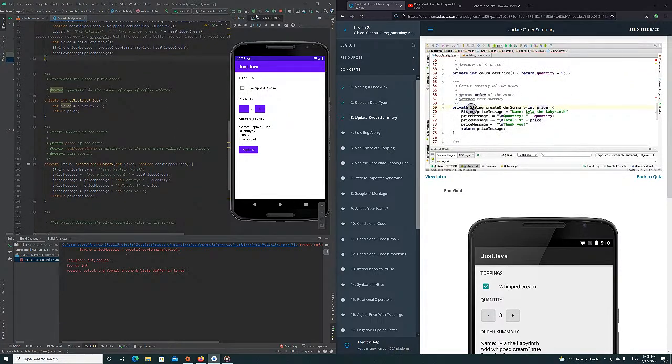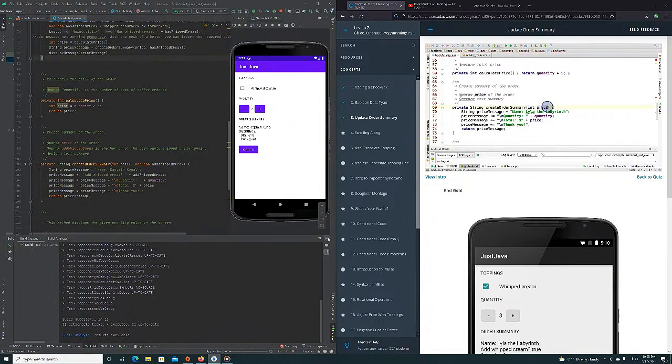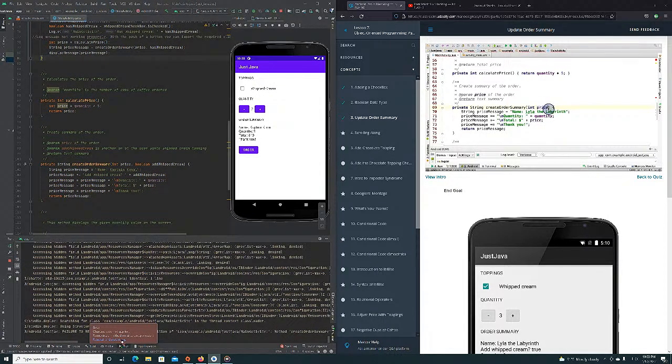Now I need to modify the method signature of the create order summary method. Instead of taking in one input parameter, it needs to take in two. So I'm going to add a comma